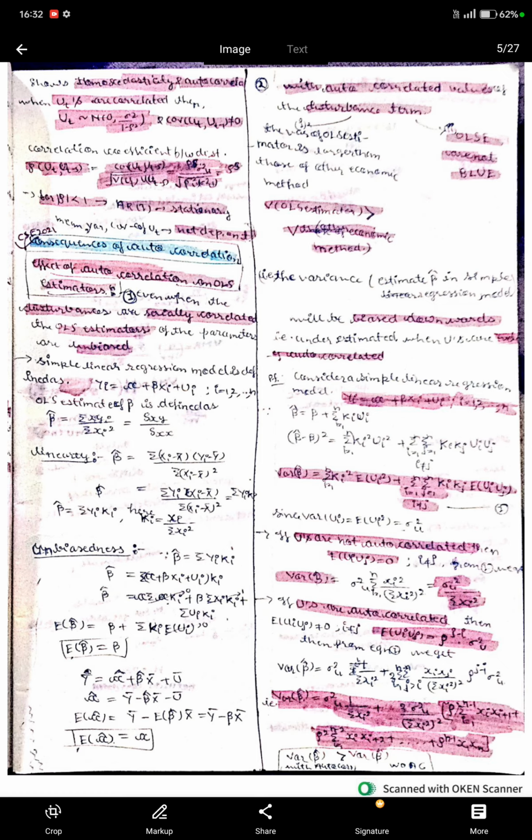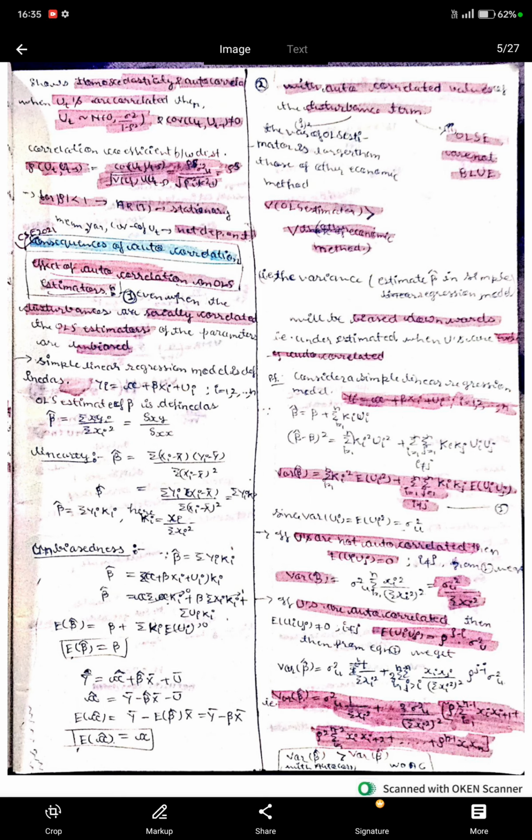Second, with autocorrelated values of the disturbance term, first, the variance of OLS estimators is larger than those of other econometric methods. That means the variance of the OLS estimator is greater than the variance of other econometric methods. And the second is, with autocorrelated values of the disturbance term, OLS estimators are not BLUE. That is, the variance estimate of beta cap in the simple linear regression model